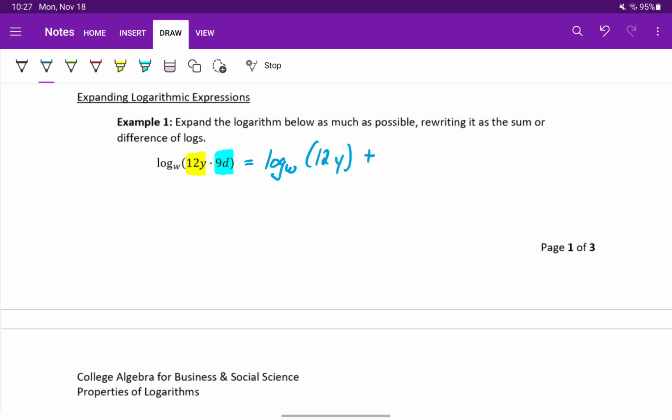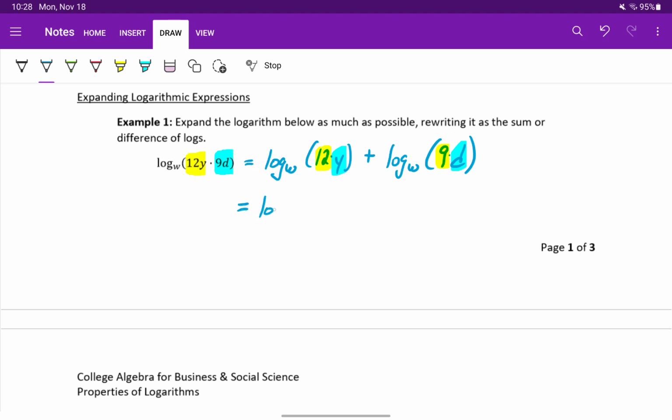Since we're multiplying those two factors together, this becomes addition. So plus the log base w of 9d. Once we complete that step, though, if we look again at what's inside our logarithms, each of the logarithms that we're left with is again the product of two different expressions or two different factors. So what we can do is apply the product rule for logarithms again